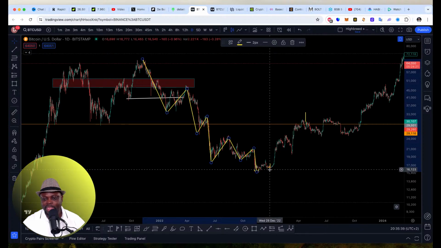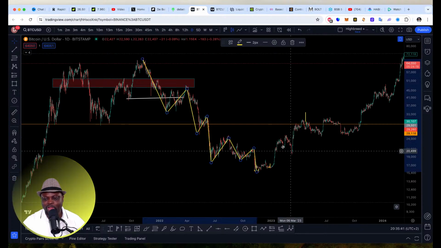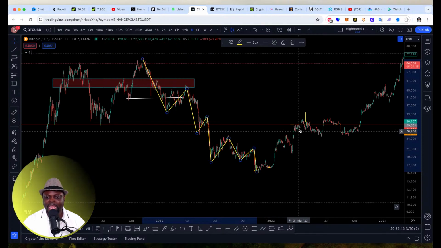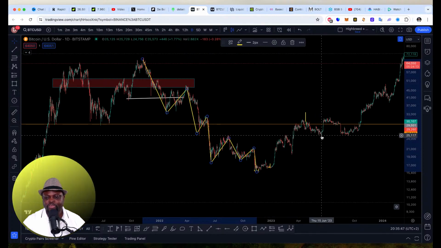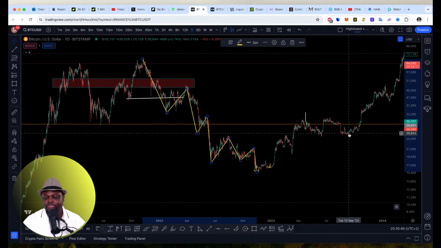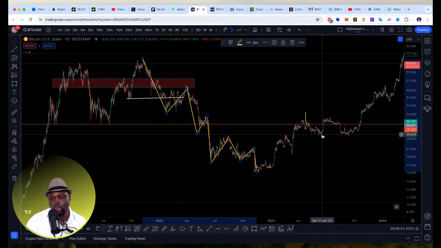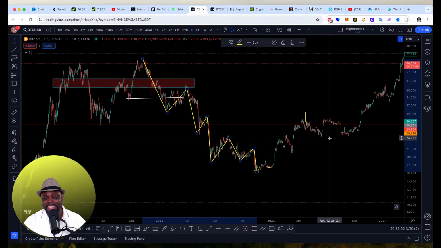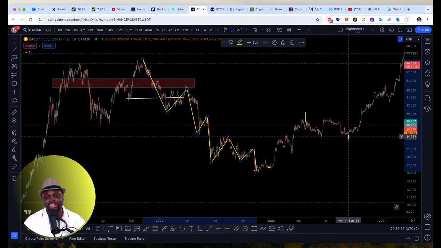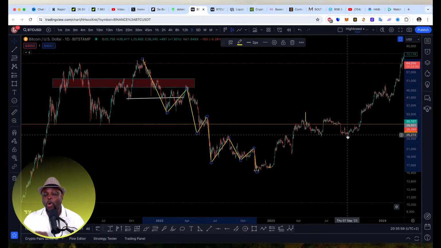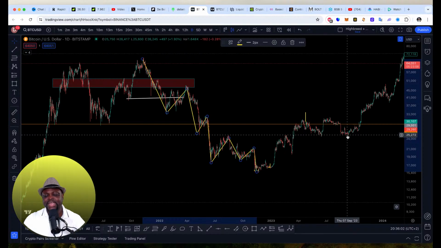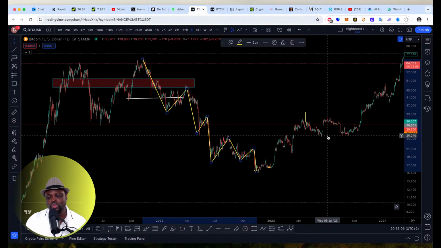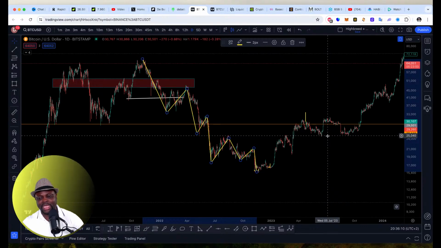Higher highs is when price moves like this. It moves up, it comes back, it forms a high up there, it comes back, it forms a low, it forms a high up there, it comes here, it forms a low, it forms a high up there, it comes here, it forms a low. Price must not break the previous low. So if price breaks the previous low when price is in an uptrend, it means price has invalidated that trend. The trend has been broken. So if you understand that the market is in an uptrend, then you'll be able to deduce which direction or when to get into the market.